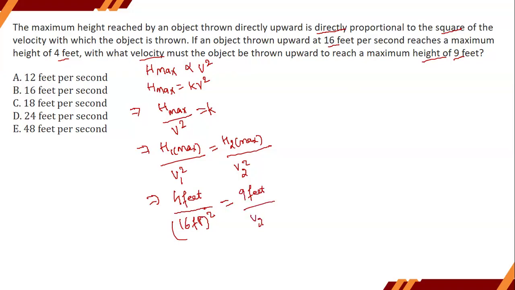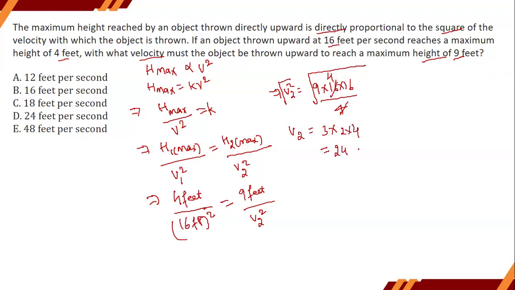And we need to figure out v2. So with this, we get v2 square is equal to 9 into 16 by 4, right? So this gets cancelled here. So for v2, we need to take the square root on both sides. So this is 3 into 2, right? If we take the square root, we will get 3 into 2 into 4, which is equal to 24 feet per second,